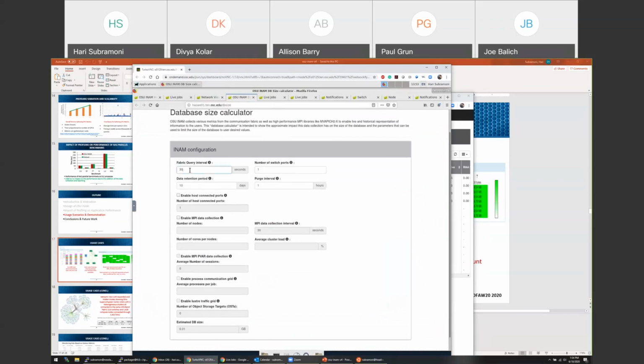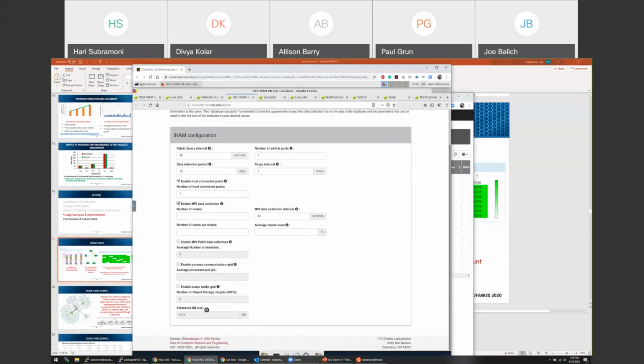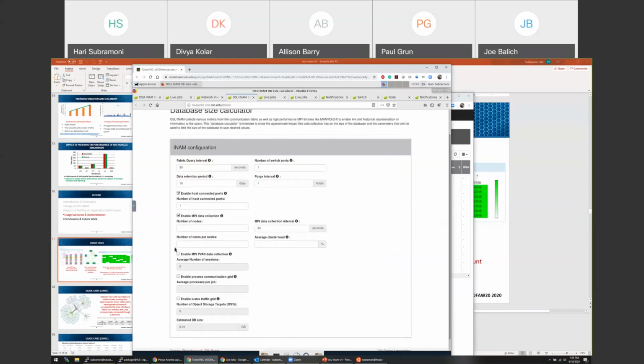Depending on the frequency at which you want to query the fabric, the number of switch ports that you have, the number of days for which you want to retain the data, and the frequency at which you want to push the data, this will clearly tell you the estimated database size that you would need. It is a fairly nice utility that you can use if you want to deploy INAM on your system.